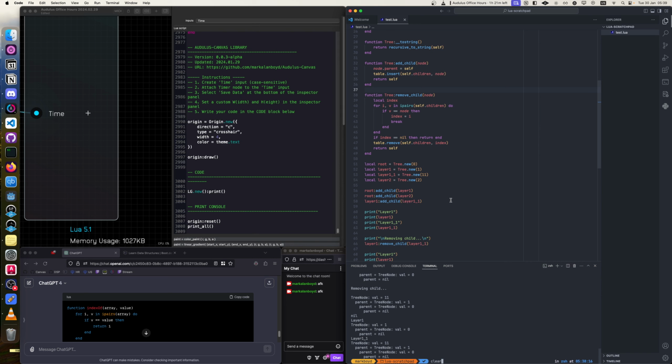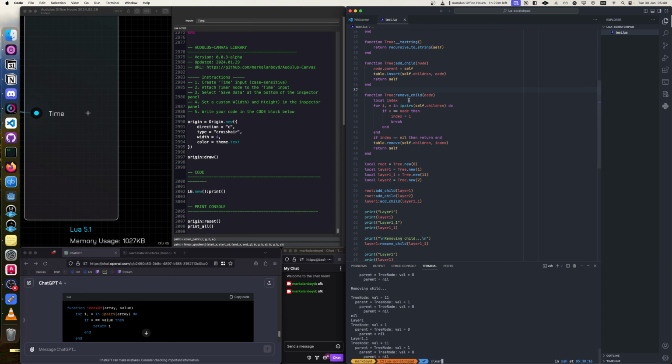I was focusing on getting it down here to remove the parent structure, right? To remove this parent from this layer, because if we're trying to delete this layer from this layer, then you would expect this one just to be kind of like an orphan node, where parent equals nil. But what I was doing was deleting it from this, which is, I think, all you need to do really, because if we're removing the child, we don't need to remove the parent also. It's kind of a redundant function,